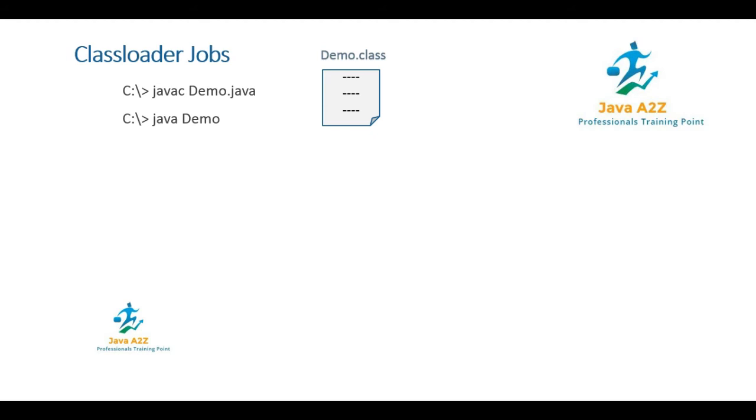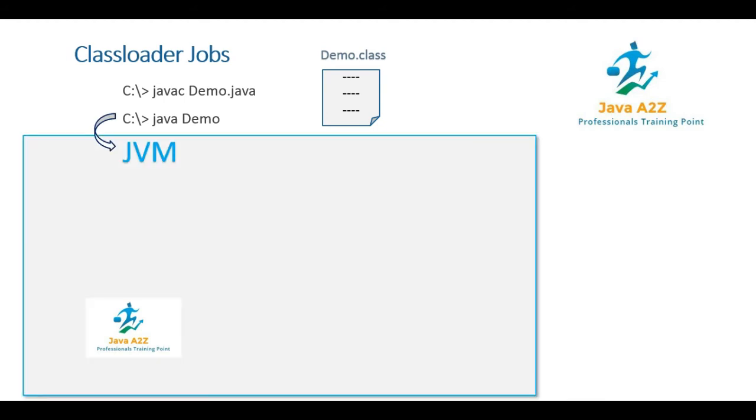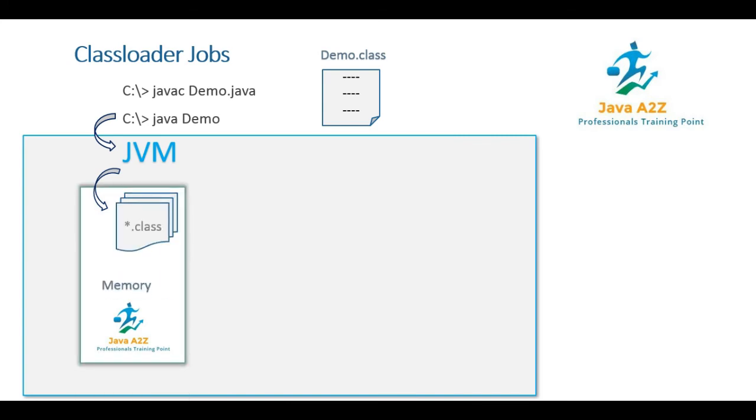So javac and java both are tools which are provided by the JDK. These are the JDK tools, javac for compilation, java for run. Java demo, where demo is your file name, and after compilation demo is the class name. When you press enter, the JVM is invoked. The JVM is a runtime activity, and it exists in your RAM memory area, because it comes into the picture at runtime. So the JVM has a memory area.